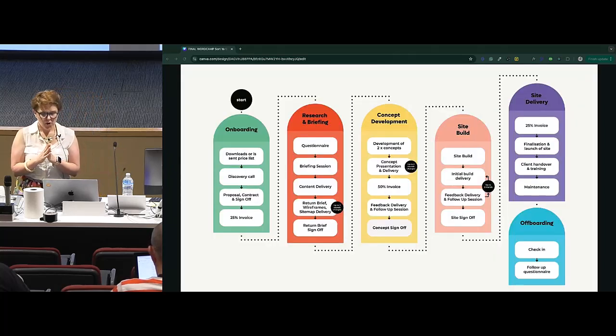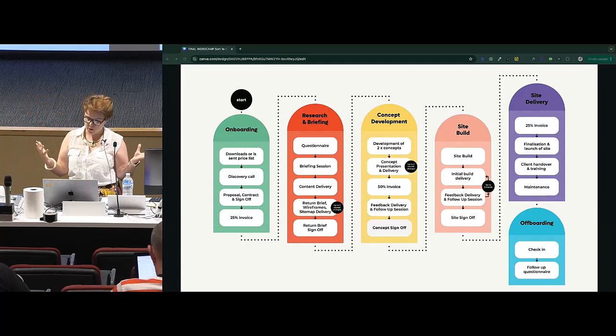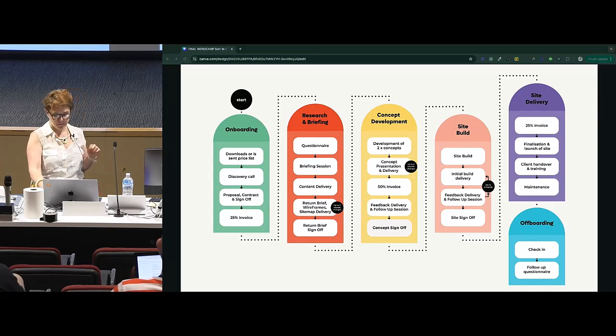So how do you go about identifying and establishing all these templates for your business? So we're going to do that right now. My aim in this workshop is to help you set up a framework so you can start streamlining your process and start using templates in your business today.